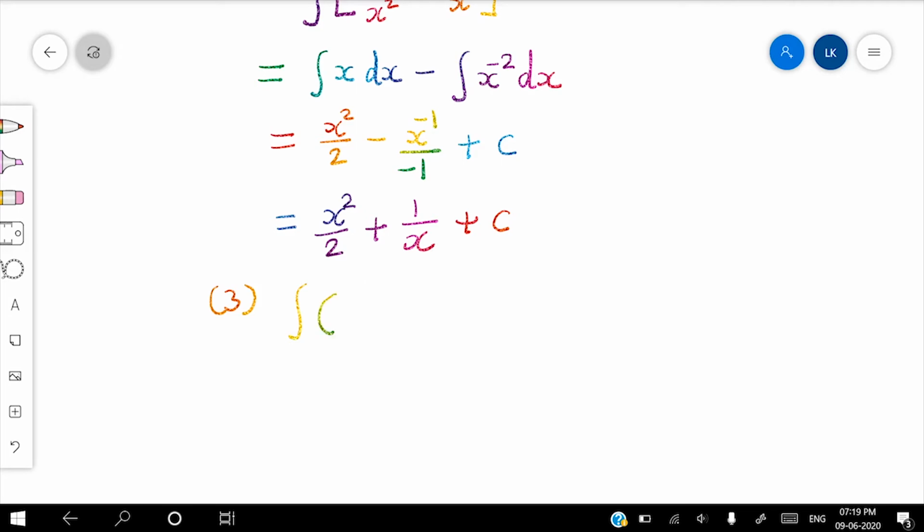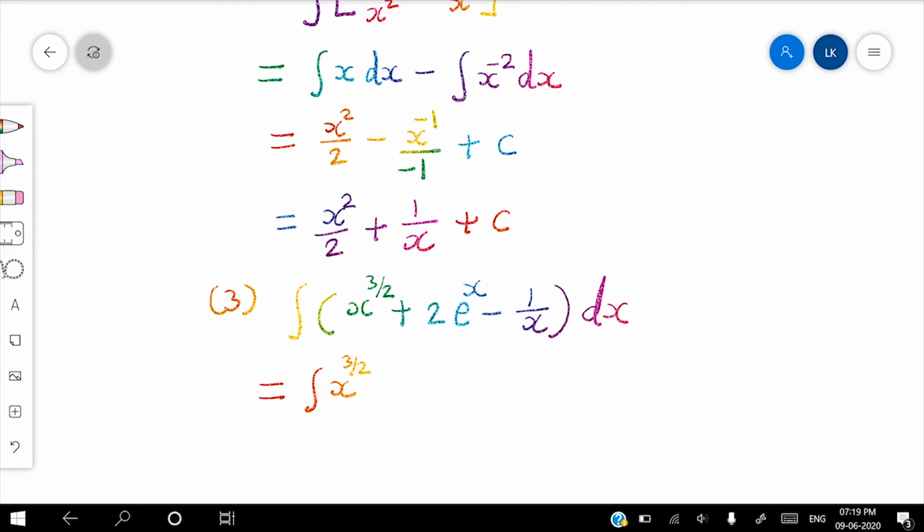Okay. Do fast. Integral of x raised to 3 by 2. Whenever there are more than one function, always write in bracket: plus 2 times e raised to x minus 1 upon x, dx. If you know the formula, you can write the answer directly. Okay? Do fast. You can skip some steps also. You can write directly also.